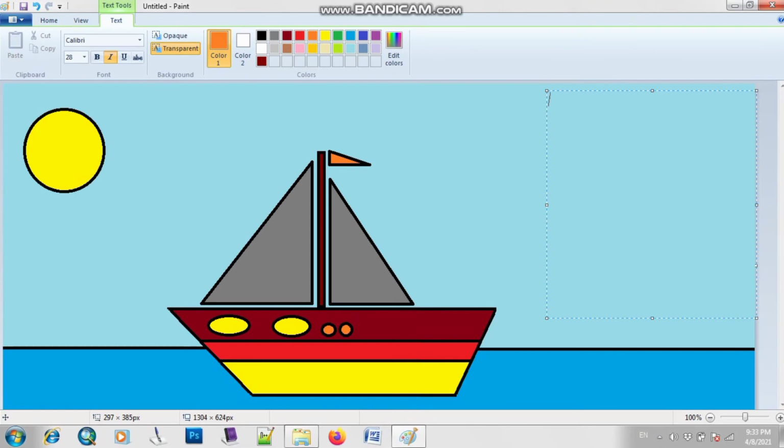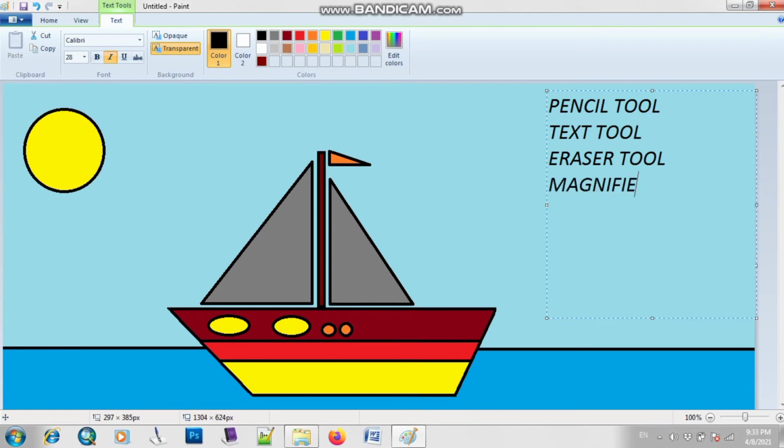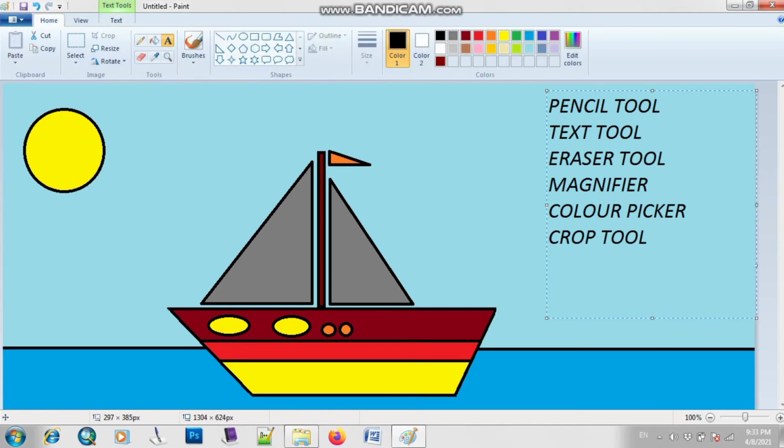So I will write here, the first one I have is pencil tool, text tool, eraser tool, magnifier, color picker, and at the end we have crop tool, and at the end we have the last tool, that is your fill with color.